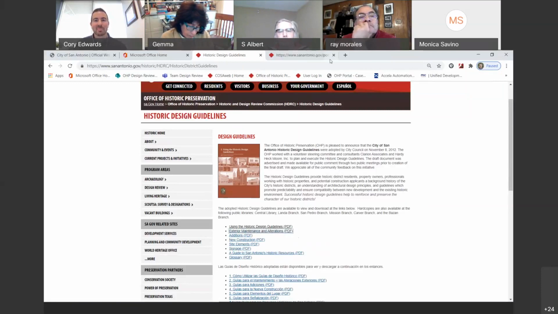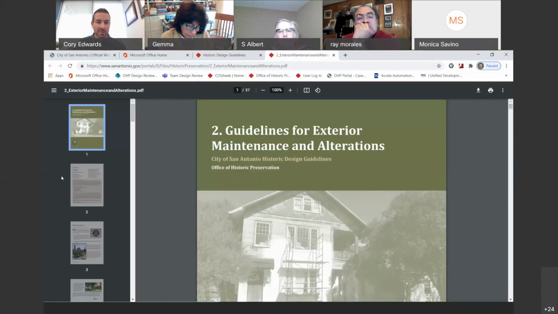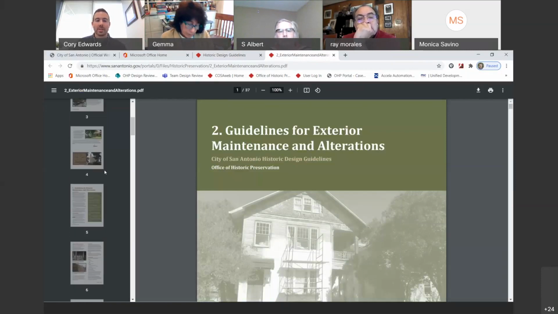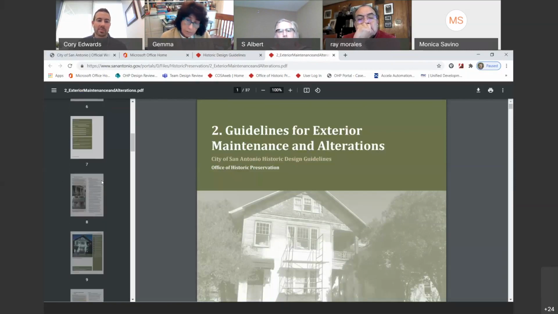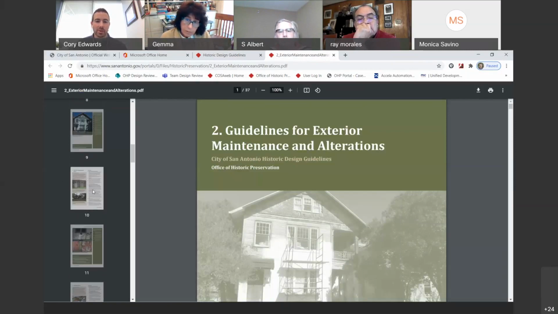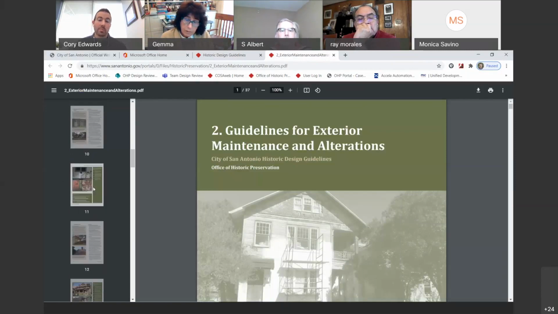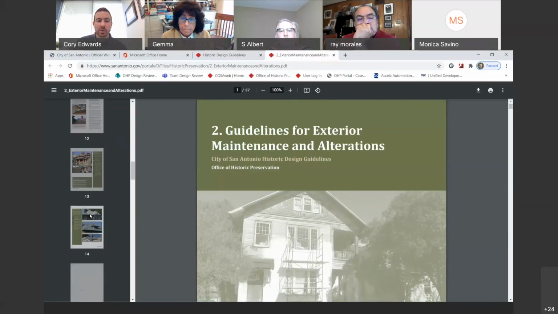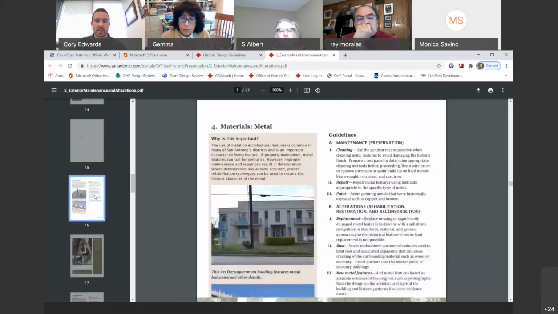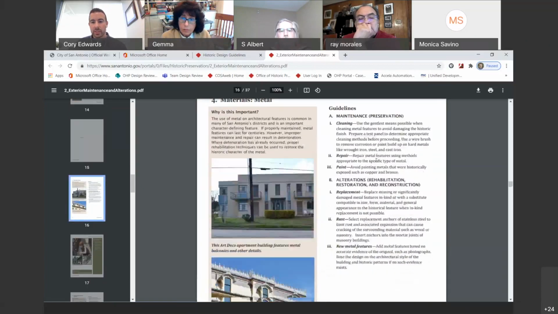So let me go ahead and open one up to kind of demonstrate what we're talking about. So this is guidelines for exterior maintenance and alterations. So this is primarily dealing with an existing property. When you go to do something to it, like repair the siding or replace siding, interventions to existing materials, this is going to guide that decision making. And so you can see,